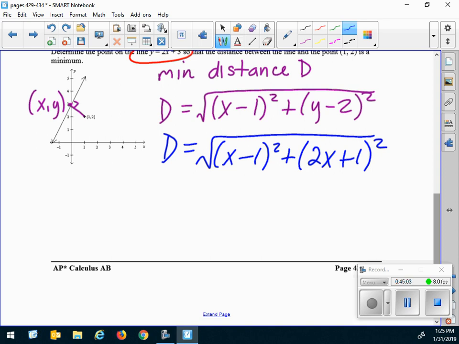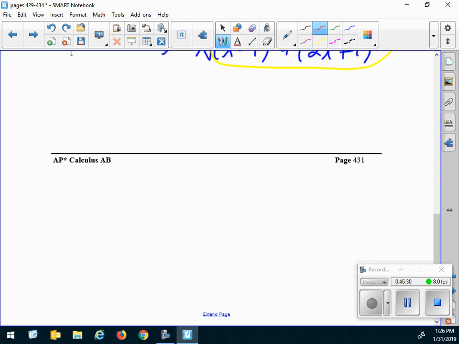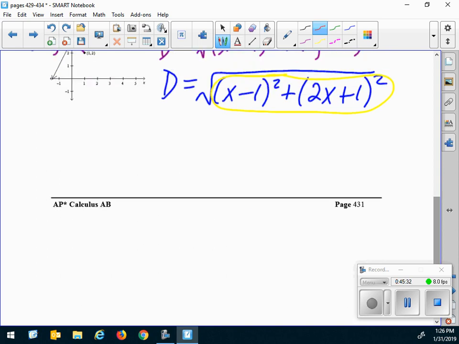But in order to minimize a square root, I need the smallest number possible under that square root sign, don't I? So I'm just going to minimize this. That's all I'm going to minimize. So let's call that something else. We can't call it D because that's not D anymore. Let's just call it